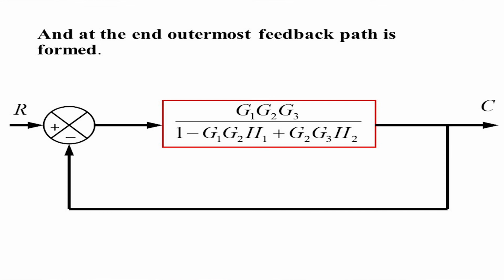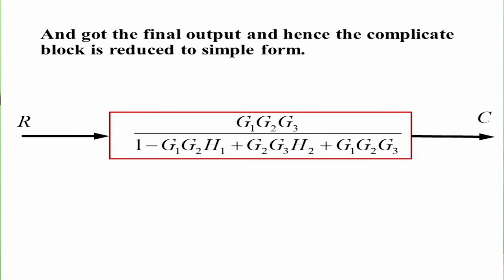Again redraw. Remember, at each step you have to redraw your block diagram. Now, last, there is another feedback, the unity feedback. Apply the unity feedback formula to the present block. The output you will get is G1 G2 G3 divided by 1 minus G1 G2 H1 plus G2 G3 H2 plus G1 G2 G3. So by following these simple steps, you have reduced a complex block diagram to a simple one. Okay, so practice yourself. You can use your reference book by B.S. Manke or Ko. Thank you.